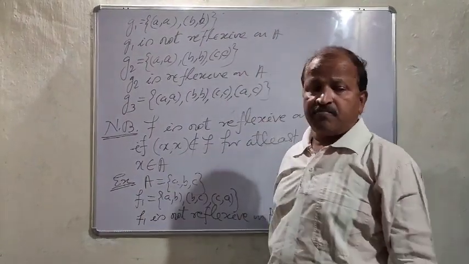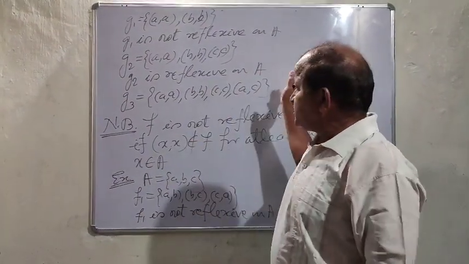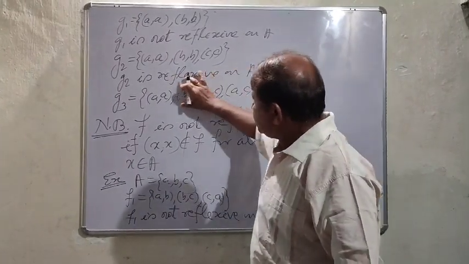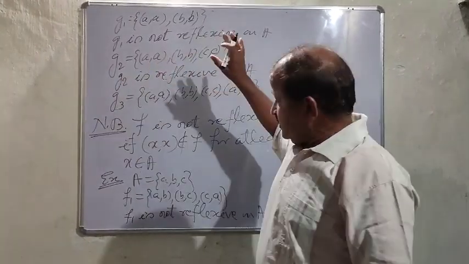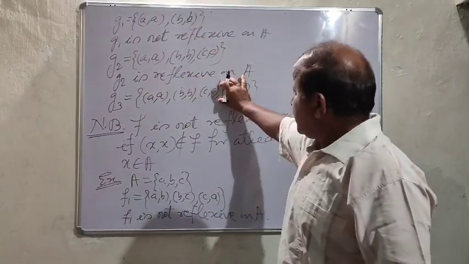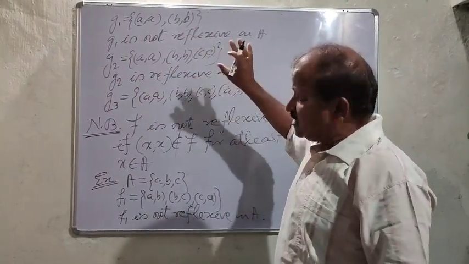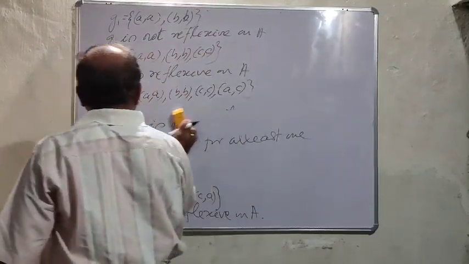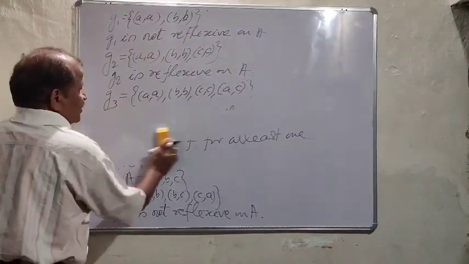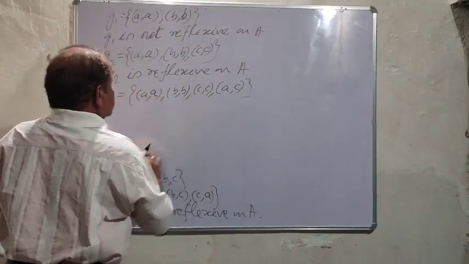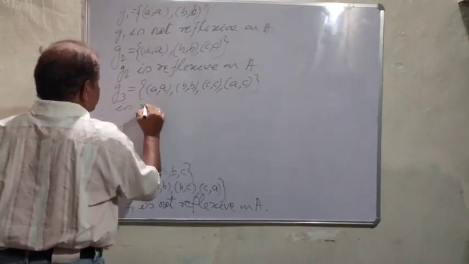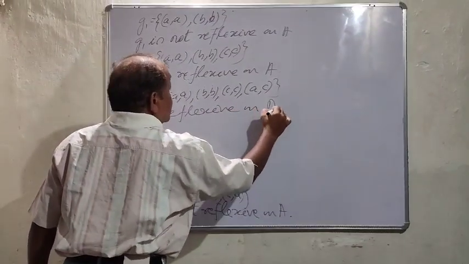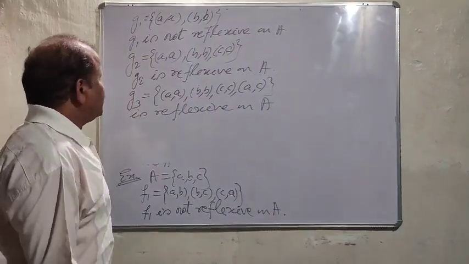restriction in the definition for another ordered pair like A, C or any other ordered pair, possibly an element of the Cartesian product A×A. No restriction. So we will see whether these are there or not. Yes. If they are in the relation, then it must be reflexive. So it is also reflexive on A. G3 is reflexive on A. Right? Okay.